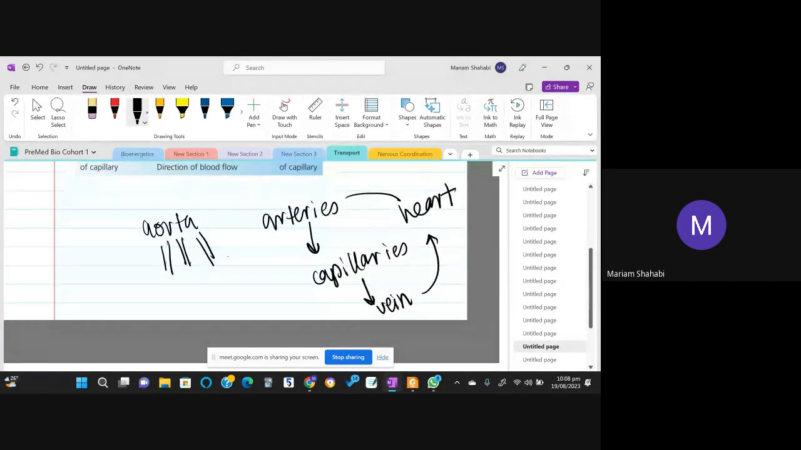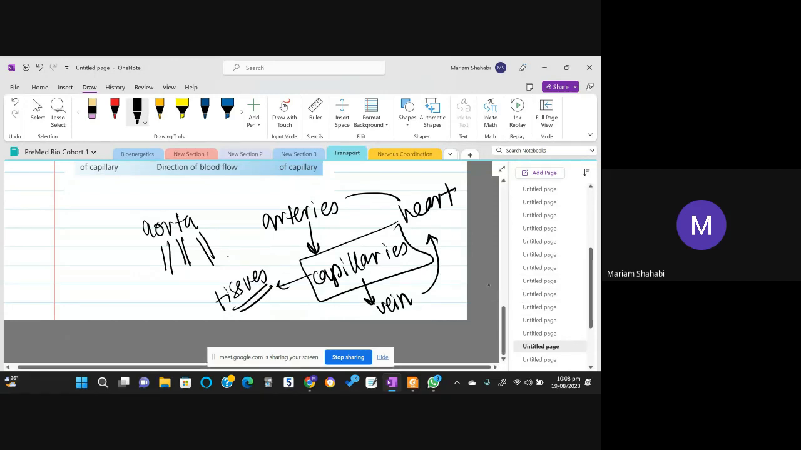ठीक है. तो जब टिश्यू के अंदर जाएंगे, this is what is happening inside the tissues. There is a capillary network. बस डायग्राम नहीं लाई मैं. ठीक है. ऐसे ऐसे नेटवर्क होगा, कैपिलरी नेटवर्क होगा. तो